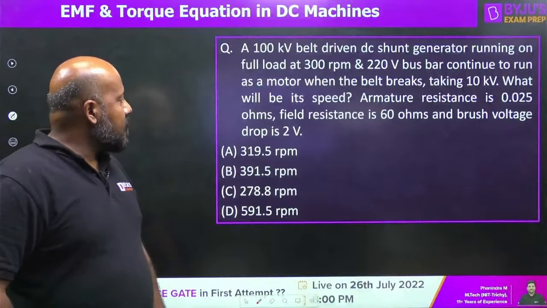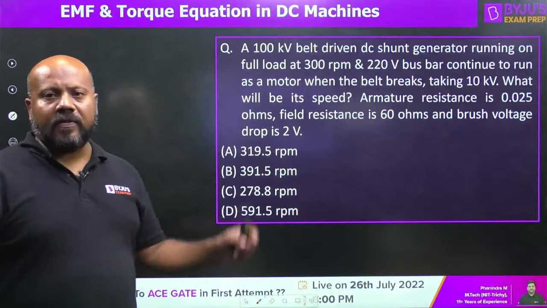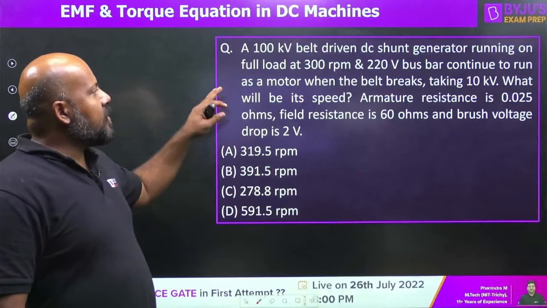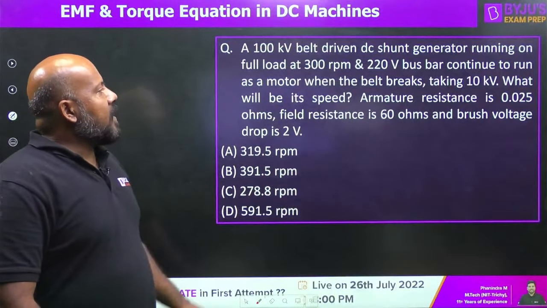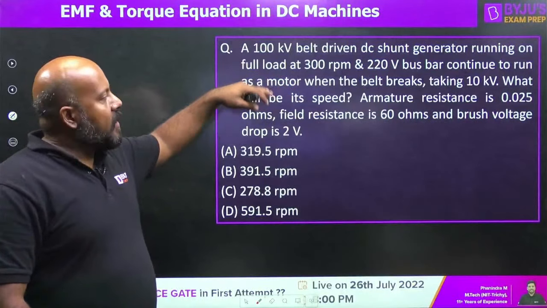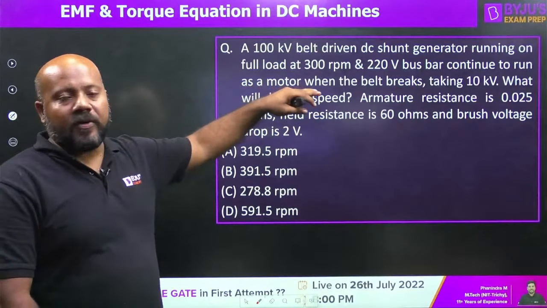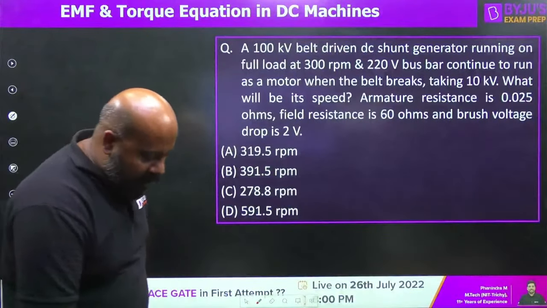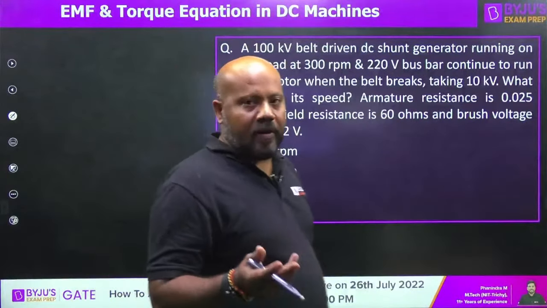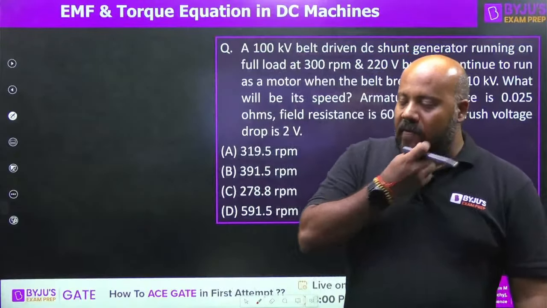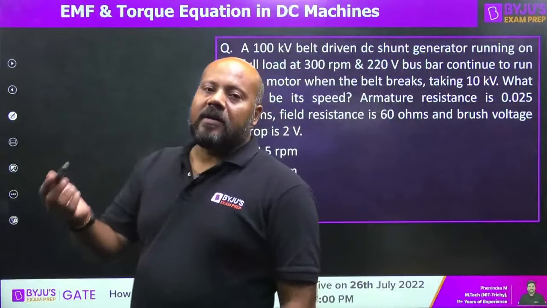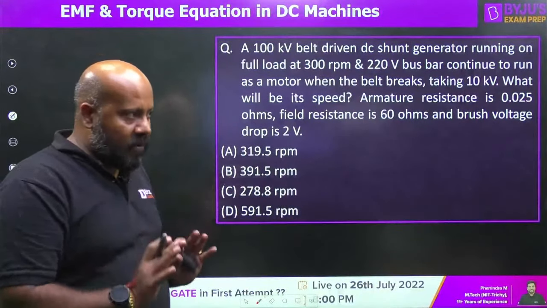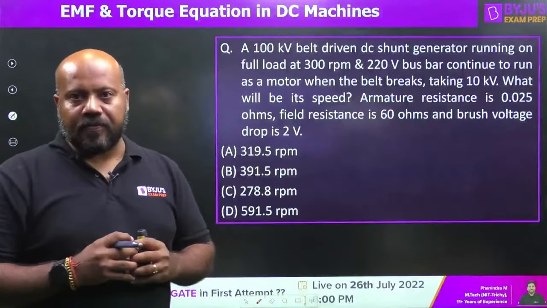Let us see the next question. Now this is one of the most classical questions. There was a generator operating, a DC shunt generator. Various parameters and ratings are mentioned. Suddenly the belt is going to be broken. When the belt is broken, the same generator is now operating as a motor. Why motor? Because the current direction has reversed. Initially the generator was supplying current to the